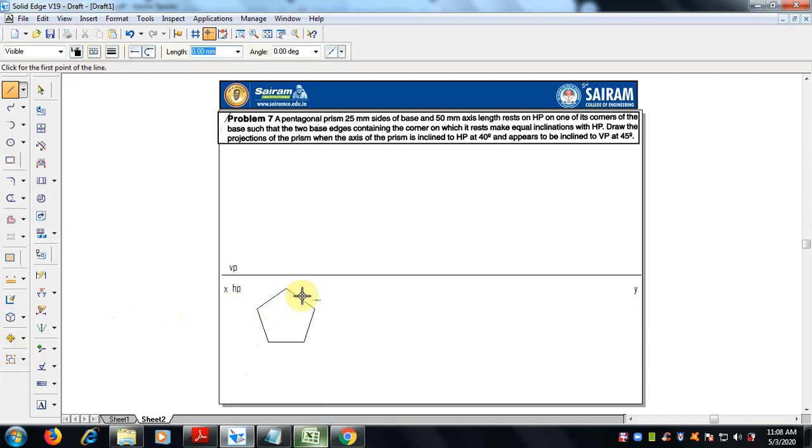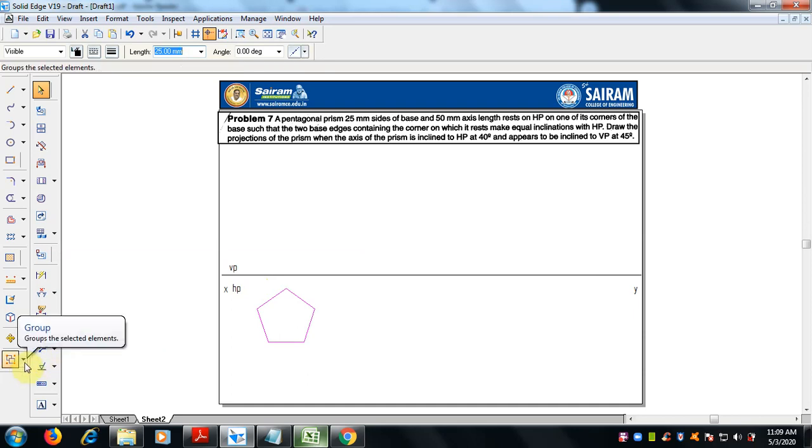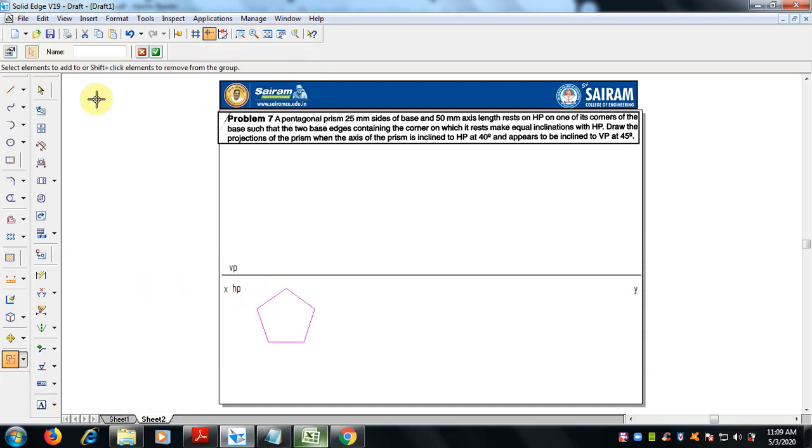If you see this, the edges can be selected separately, so we want to make it a group. Select the entire pentagon, select the group command, make it a group.